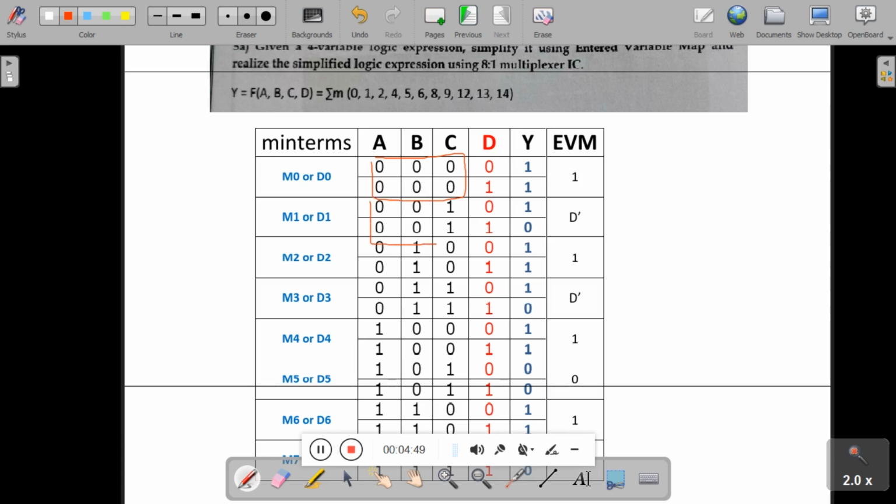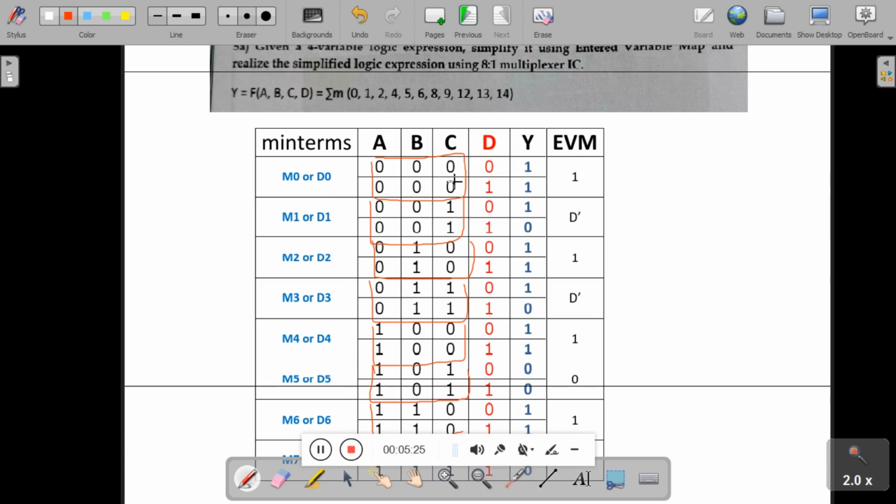This forms one more group, 0 0 1. This forms the third group, D2. This forms the fourth group. This forms the fifth group, 1 0 0. This forms the sixth group, the seventh, and the last one is the eighth group. So when you see only three variables, you can form 8 groups, and I will name the groups D0, D1, D2, D3, D4, D5, D6, D7.